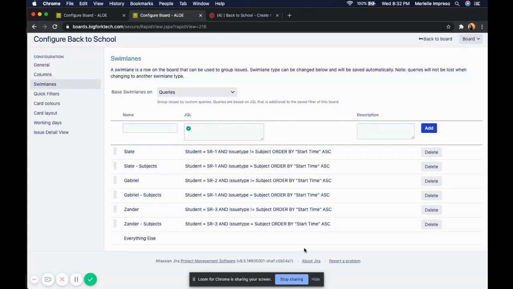You will set the query so that only the items that meet the criteria are shown in that row. Here we have examples of what a homework query will look like, as well as a subject query. You can copy these from the video. The only thing you will need to change is the number related to the SR. This is your student record number, and if you have multiple students, you'll need to associate the student record to